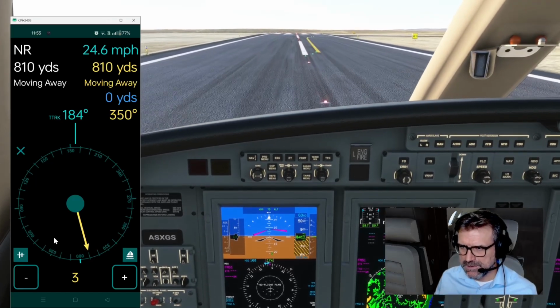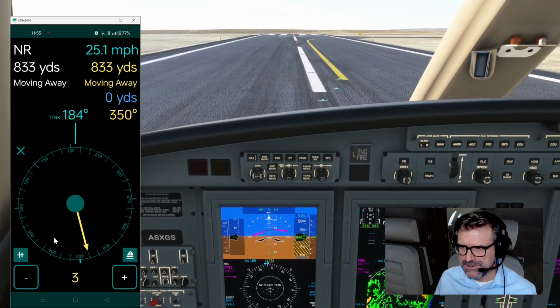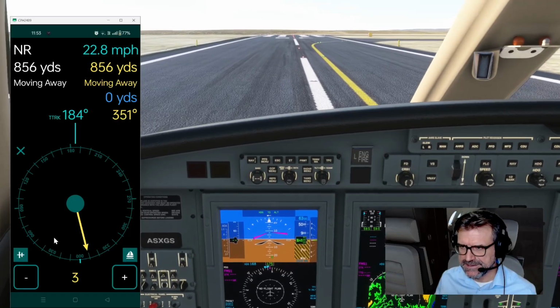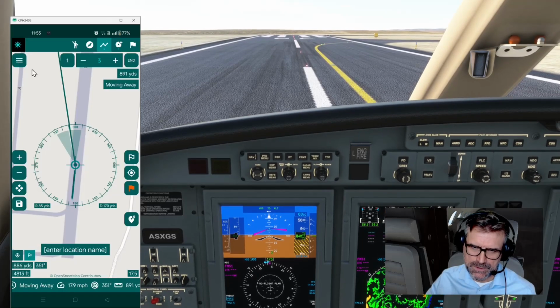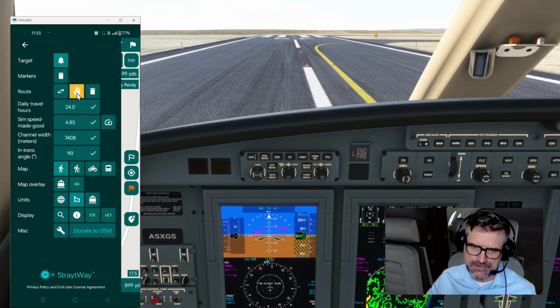It's no longer behind us because the auto sequencer is activated. I'll show you this little hand here. If you click on it, then the auto sequencer is deactivated. So it's yellow, it's deactivated. Then you have to change the waypoints manually. It was automatic, so because we are moving away from the waypoint, we had it set on 1. It automatically switches to 2 and then to 3. So we need to